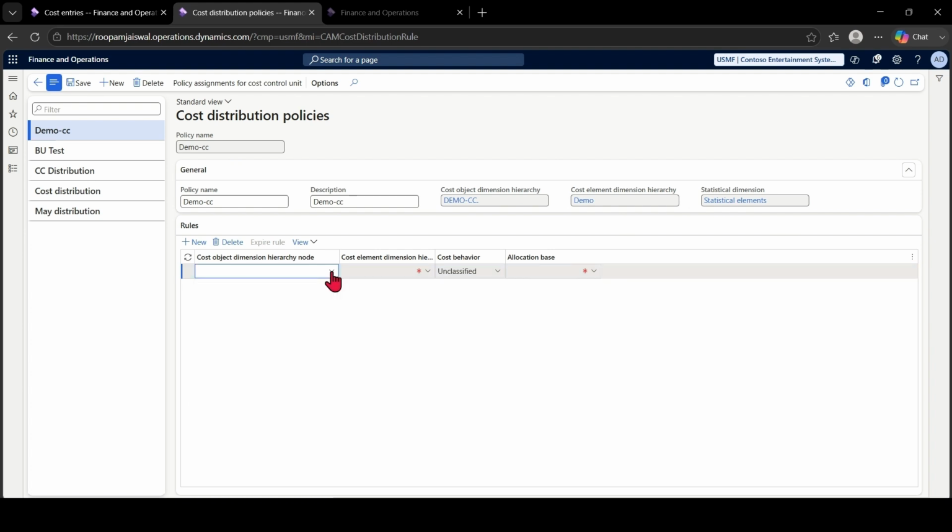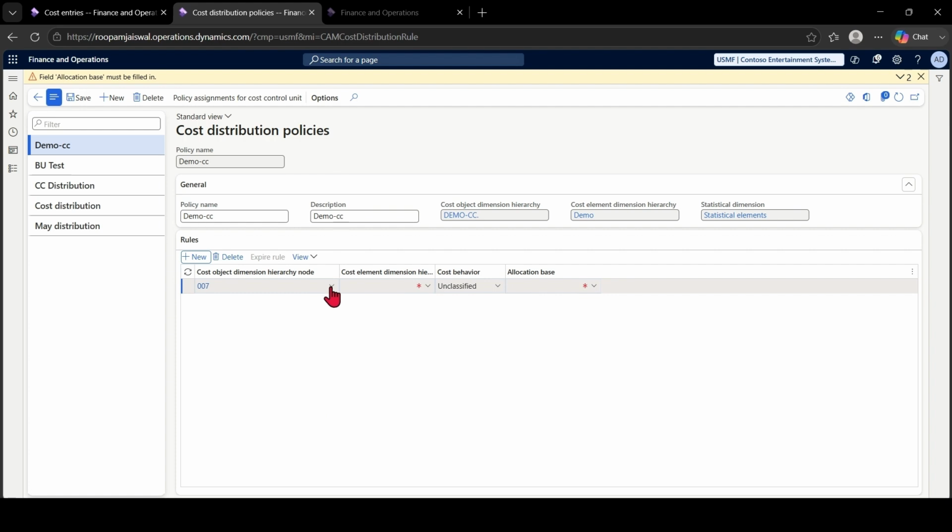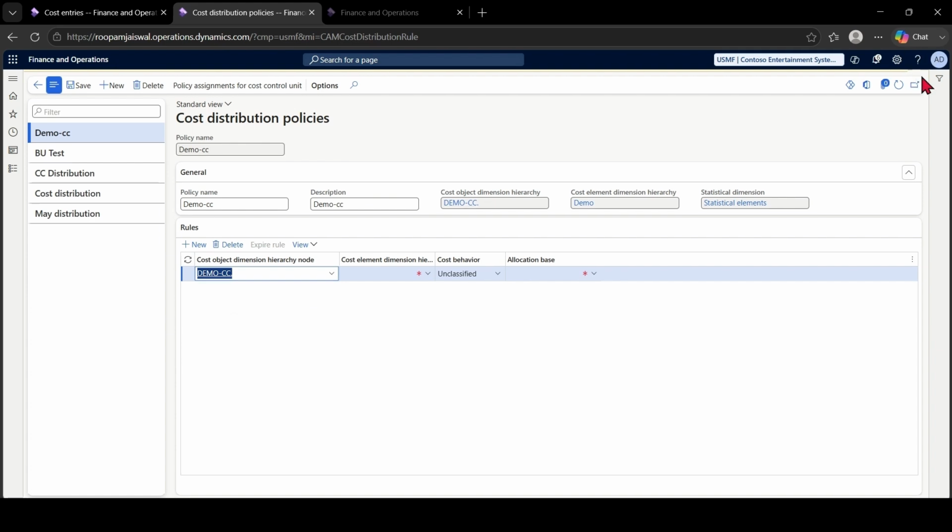Suppose I want to allocate from 007 as the source, I can pick that, or I can say I want to allocate at the parent level, the entire cost from the cost center. You can just select it, and now we have to fill this in.